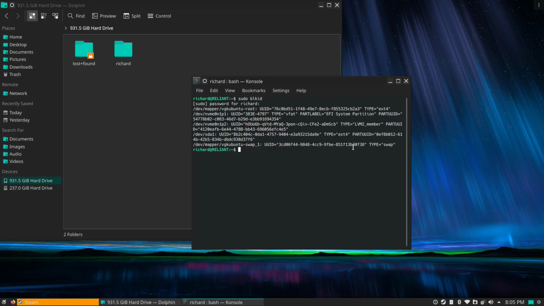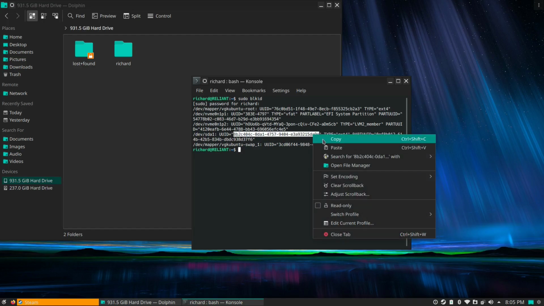I actually should go through and label it, but I have an NVMe drive and I have sda1, which if you saw in that other screenshot, it was sda1. So what I really need is this UUID. So I'm going to copy that. After I get the blkid,